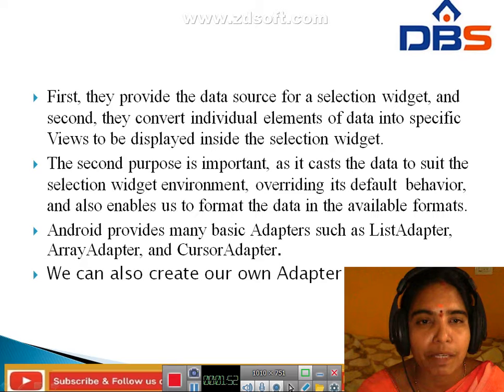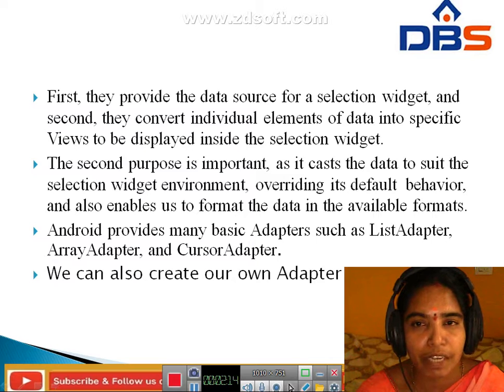First purpose is they provide the data source for a selection widget, and second, they convert the individual elements of data into specific views to be displayed inside the selection widget.